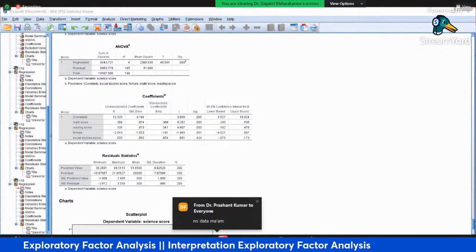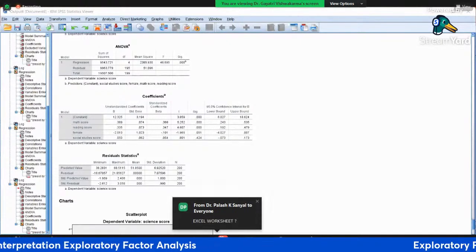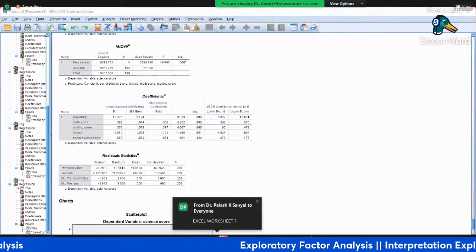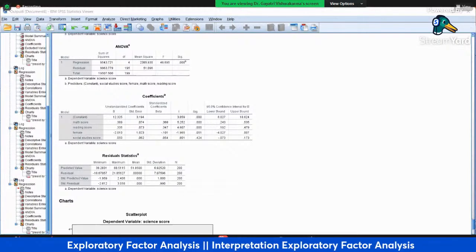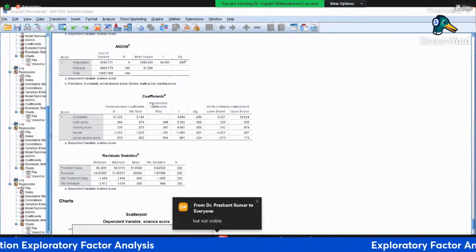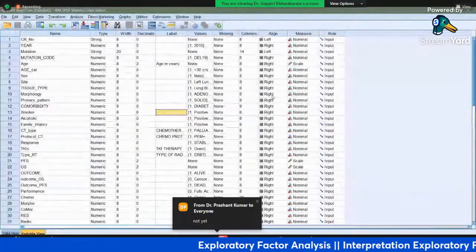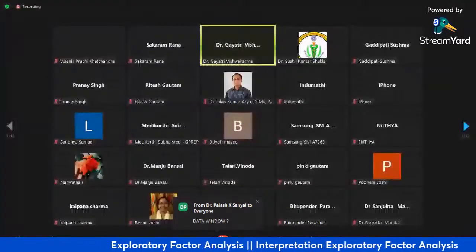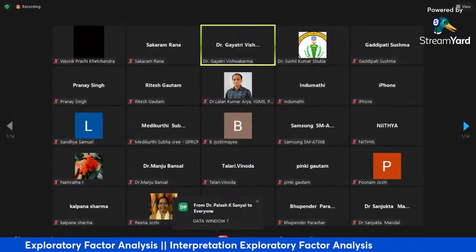Ma'am, Dr. Shukla here. Ma'am, please show your data window. This is the output window. I have shared both the windows. Click on it so it will be visible for all. The output window is still open. I have to stop sharing and then share only the data first, and then I'll go to the output.